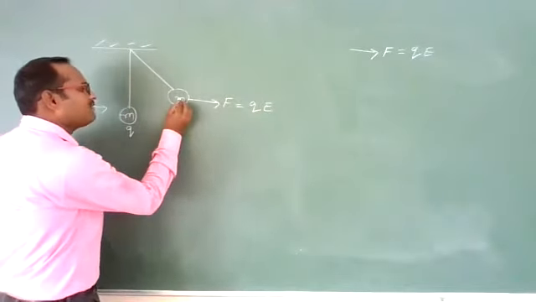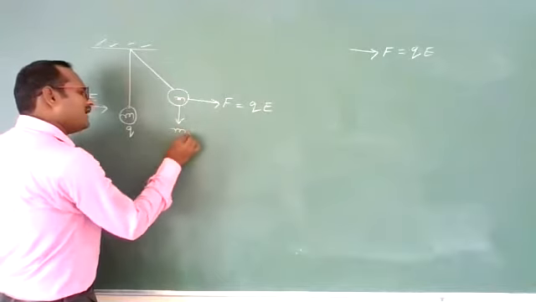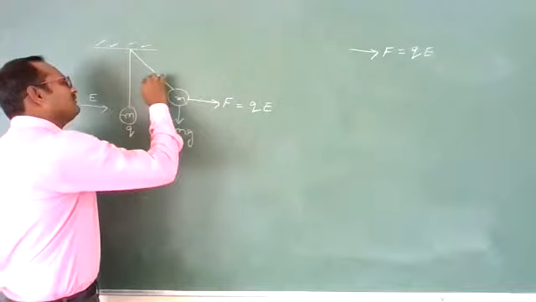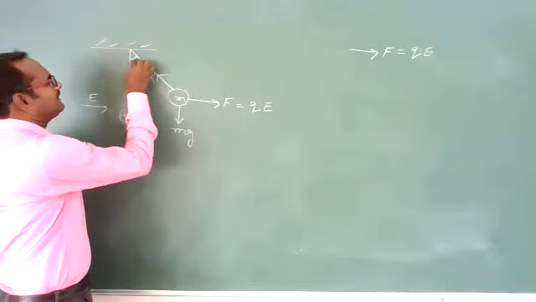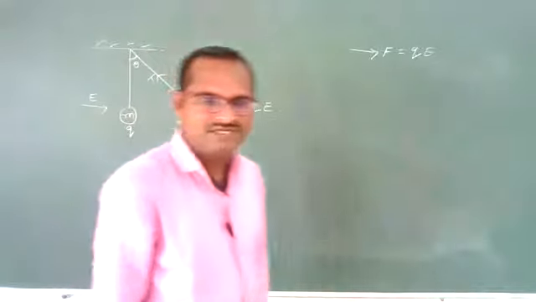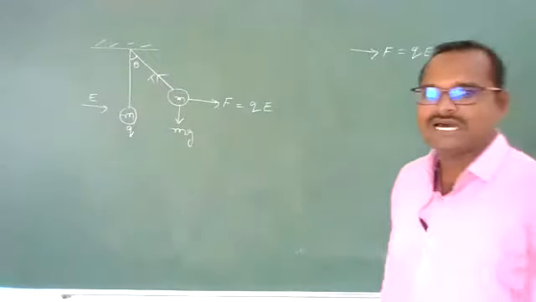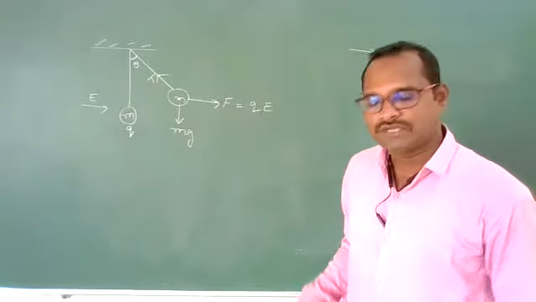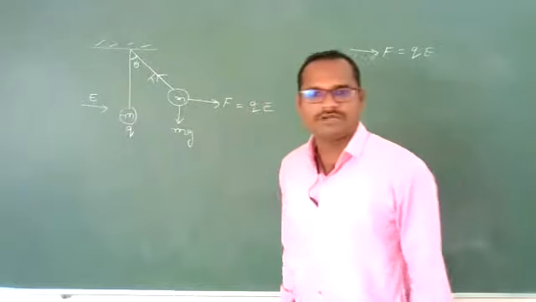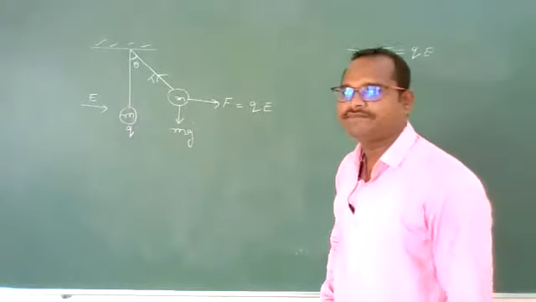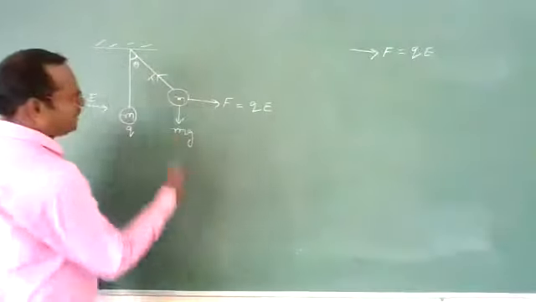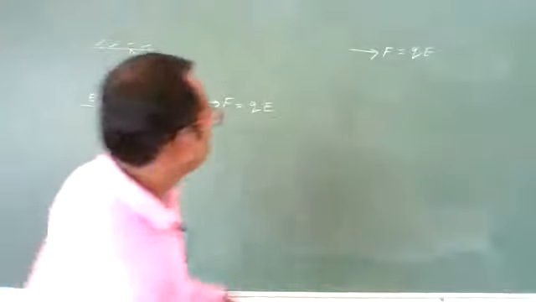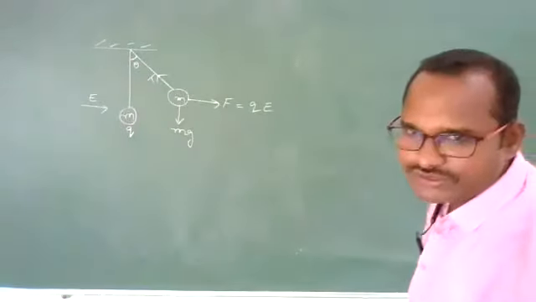However, due to its mass, mg will act down here, and some tension will be produced in the string. That will be T. Let us suppose it makes some angle theta with the vertical. Then they may ask you what will be theta, or what is this force acting, or what will be the electric field that we need to apply on this spherical object. These are things they may ask you. How to find? Very simple technique. Draw the FBD, the free body diagram. Separately also you can draw.